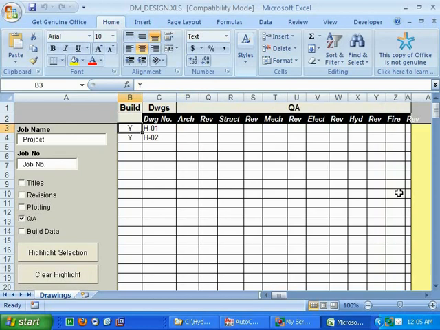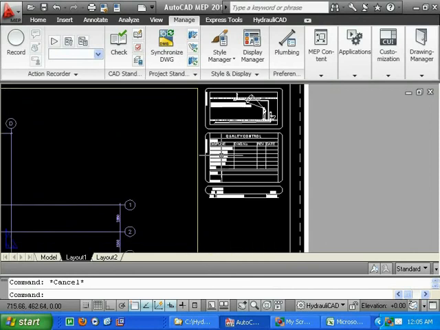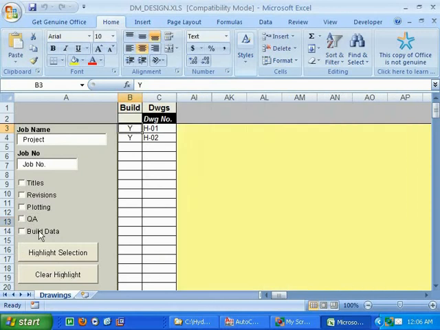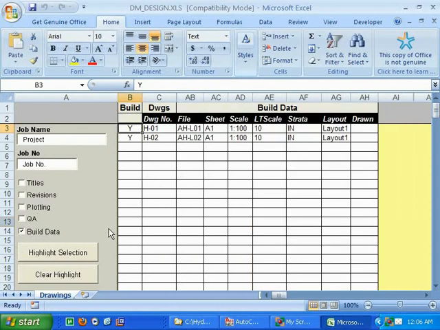QA, we can edit, put all the details in there which relate to our QA field, so that'll update that. And the build data, which is important. Usually only need to muck around with these when we first set up the drawings like we're doing now. So the file means the actual file that will be created or referenced if it already has been created. There's no requirement to put a .dwg extension, it's just the file name itself. The sheet refers to what sheet size we want to